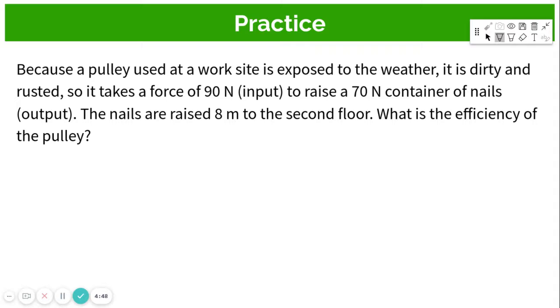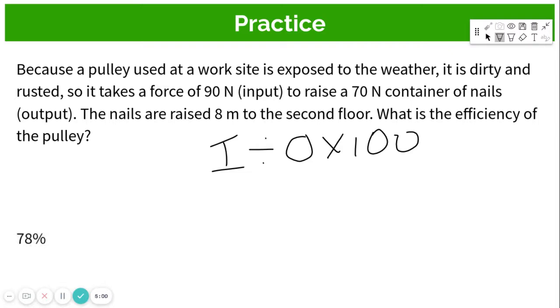All right, pause the video, see if you can work it out. Remember, it is input divided by output times 100. All right, the answer is coming in 3, 2, 1. The answer is 78%, okay? So what we did there was